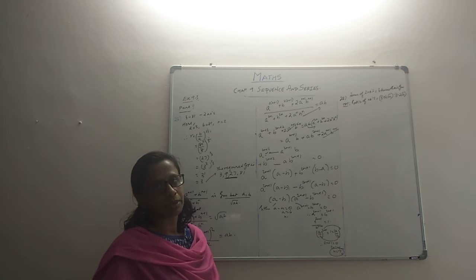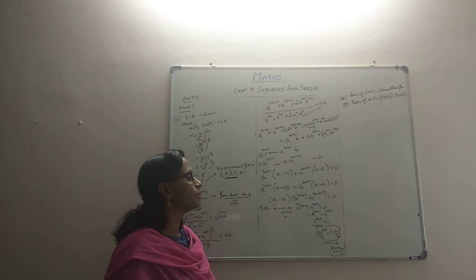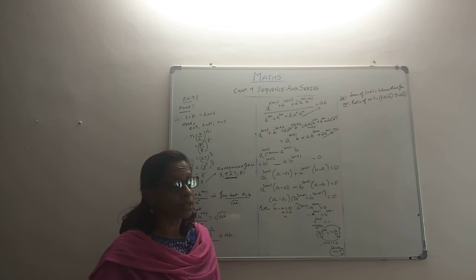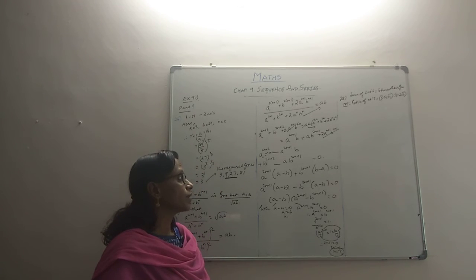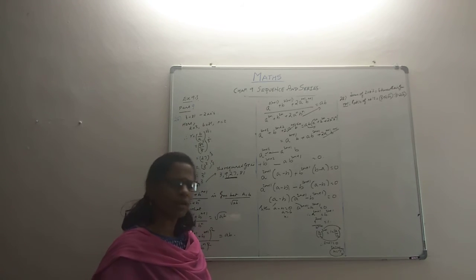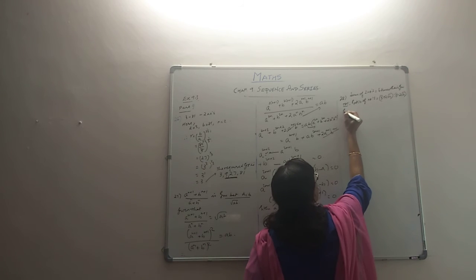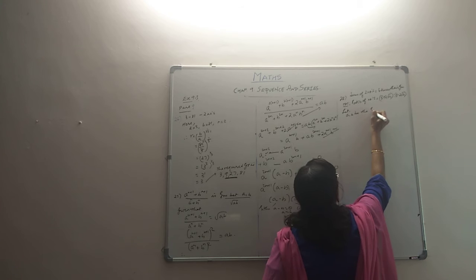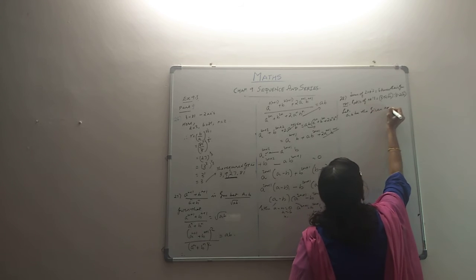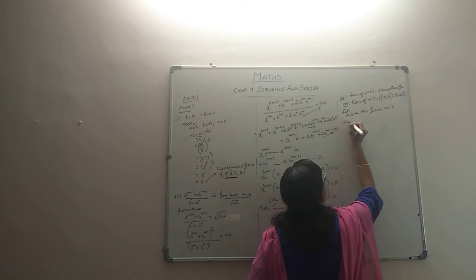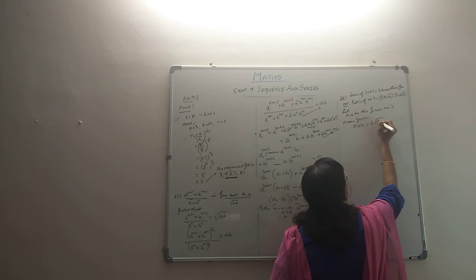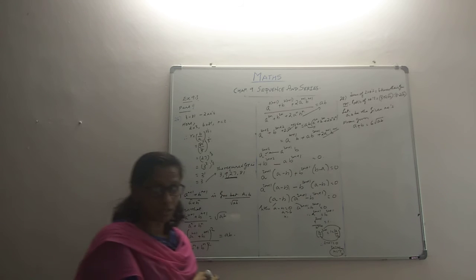Quickly we move to problem number 28. In problem number 28, they are saying that the sum of two numbers is 6 times its geometric mean. And you have to find the numbers. Let the numbers be A and B, or x and y, whatever you wish. So let A, B be the given numbers. Then from the given, what is the given condition? The sum of two numbers is 6 times the geometric mean, which is always root AB. That's what we learned some time back.